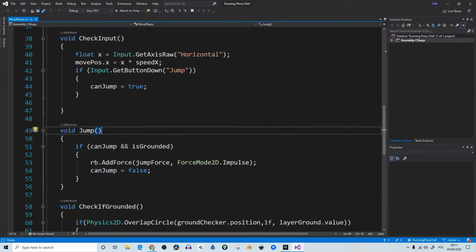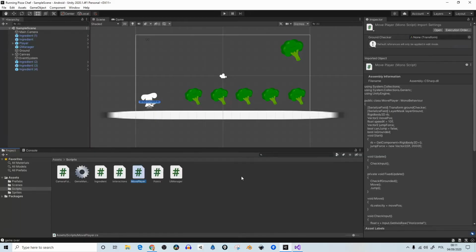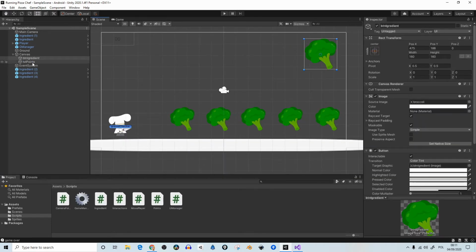Okie dokie, we already have this functionality to jump, so whenever we press spacebar we can jump, but because we are aiming for the mobiles we need to add another button in order to jump. We need to duplicate the button, so I will just Ctrl D and I will change the name of it to btn jump and I will slide it down, set them so it's comfortable for the player to press on